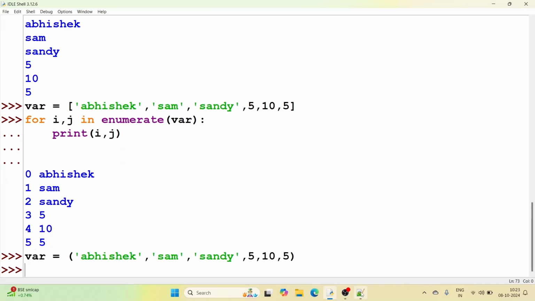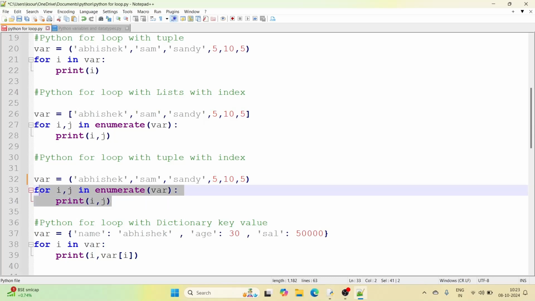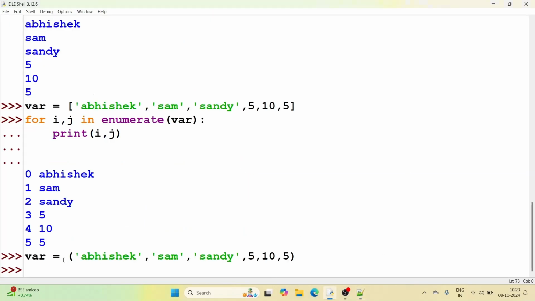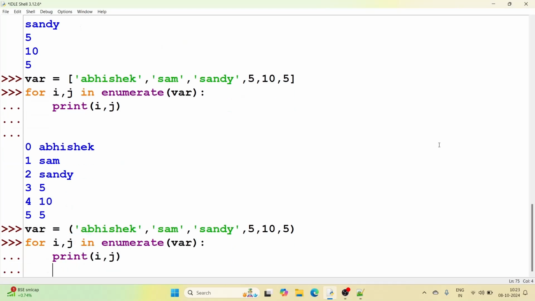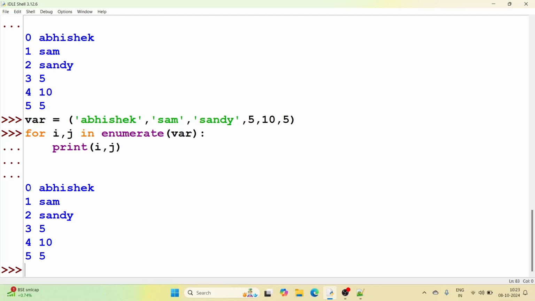The tuple got defined. Now let's print this tuple using enumerate, index and values. Let me press enter. You can see we can print tuple values also with index. So this is the example to print index as well as value in list and tuple.